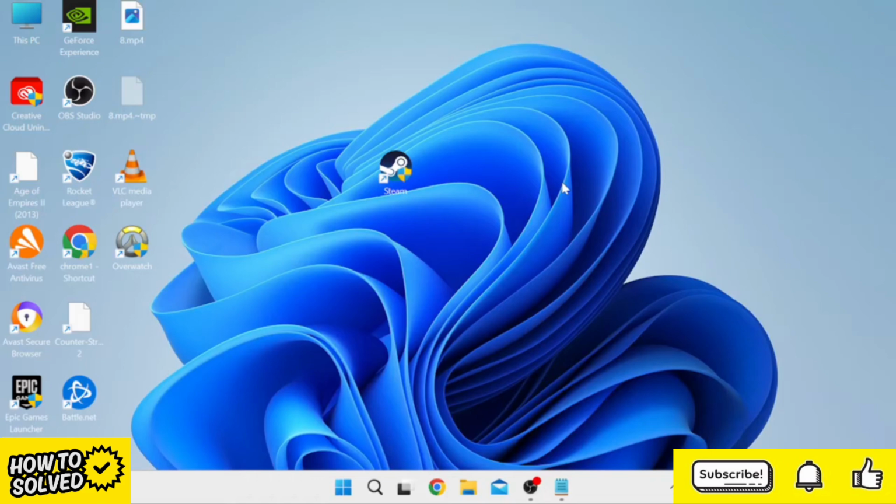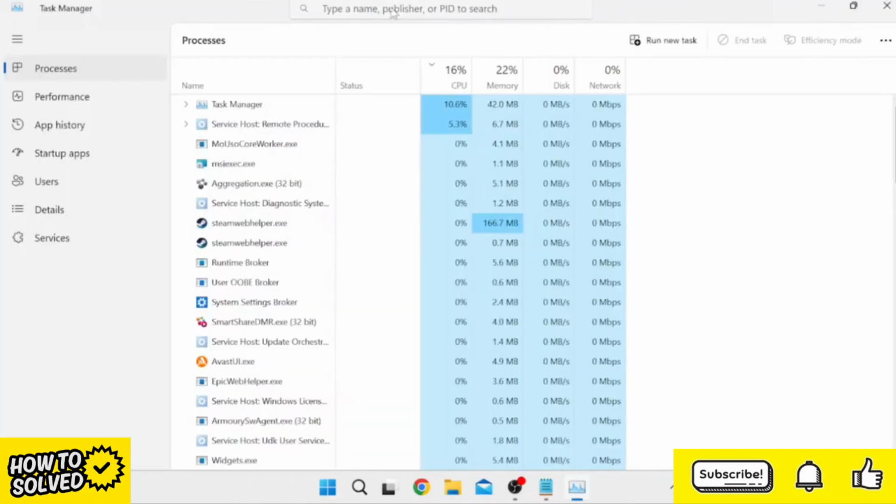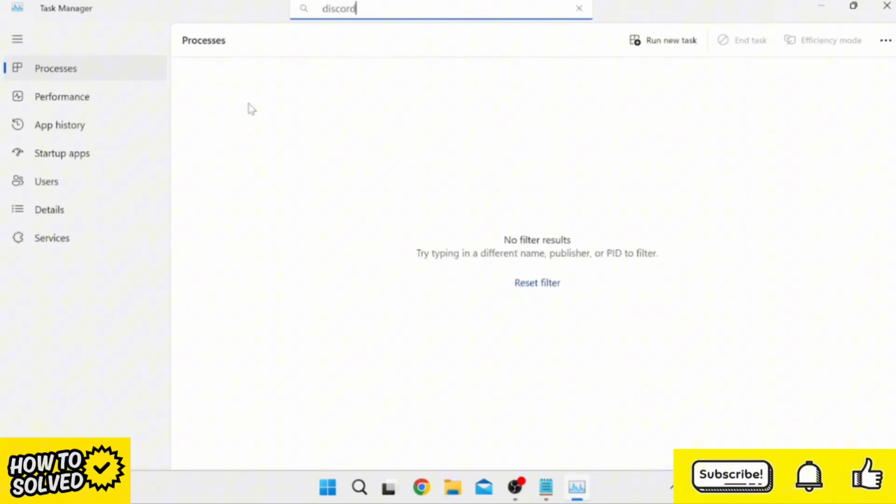So the next thing we need to do is head over to our start menu and search for Task Manager. Come over to Task Manager, and in this search box at the very top here, we're going to search for Discord. And if you do see any processes in here relating to Discord, we just want to close them down by right-clicking and selecting End Task. As you can see, I don't have anything inside of here, which is great,